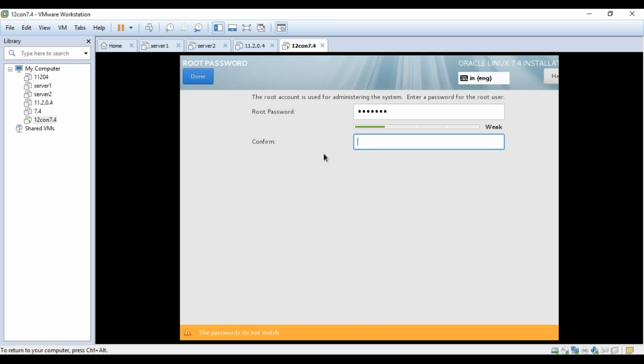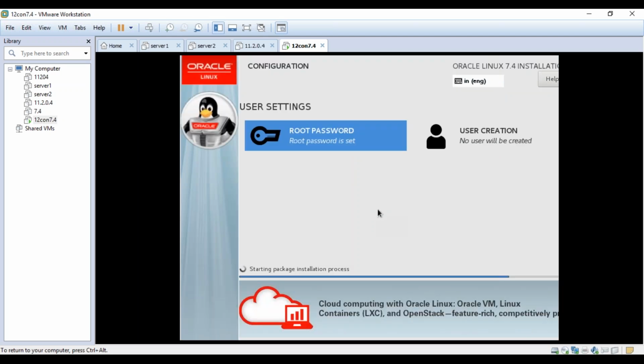So if you are choosing a weak password for root, then you need to double click on this done 2 times. Then meanwhile it is going for the installation process. So is that clear with everyone? Yes. Okay, so